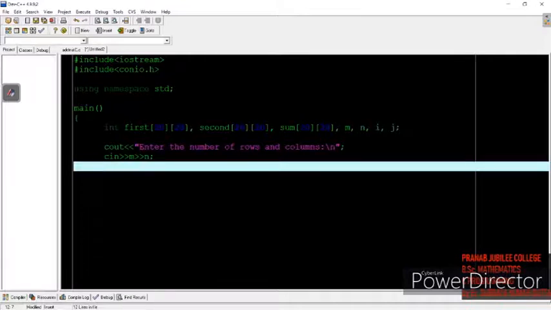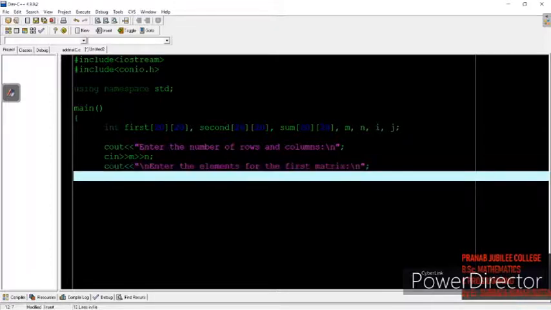After that, I will ask the user to enter the elements for the first matrix.